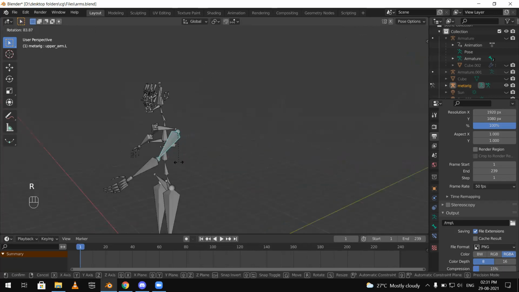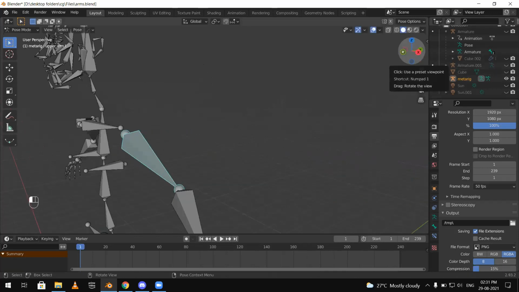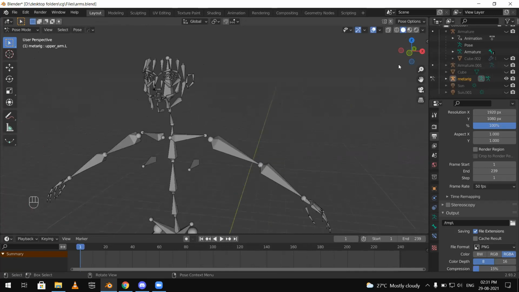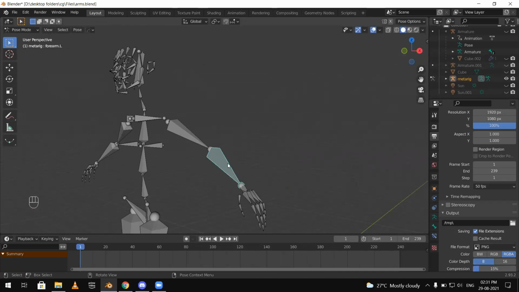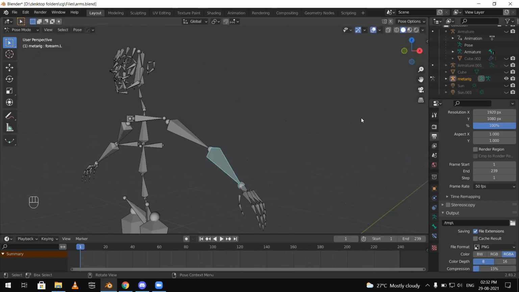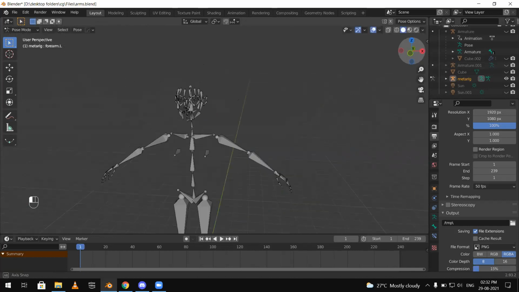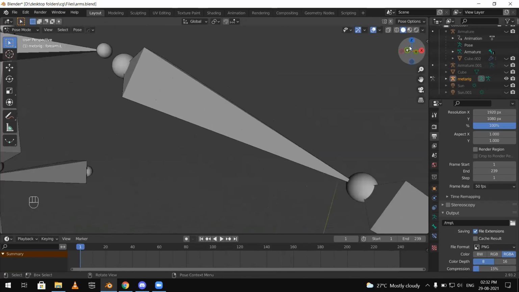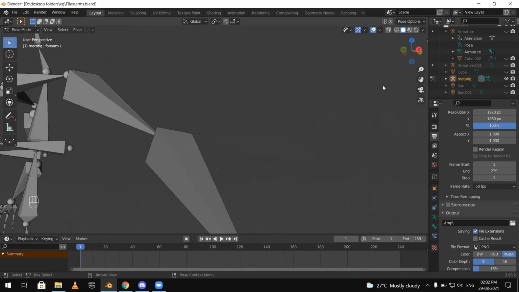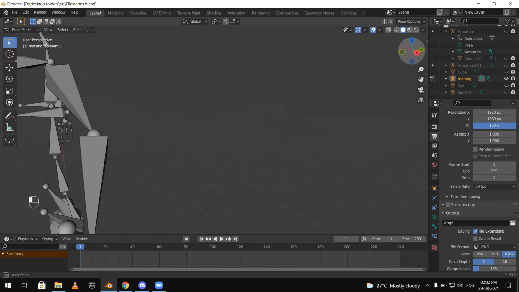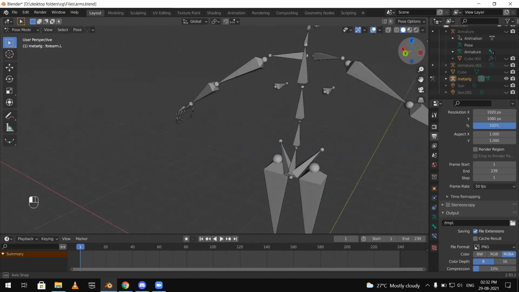But before animating anything like an animal or a dog or anything, almost anything with bones, the first thing that you must know is how the motion is going to happen. Like we can't move this arm backwards and call it normal, we can't move this in 360 and call it normal. So that's why we add constraints to the bones. And right now there are no constraints added here. If you want to learn this human rigging, we can do another session for that because it will be very complex to do right now.